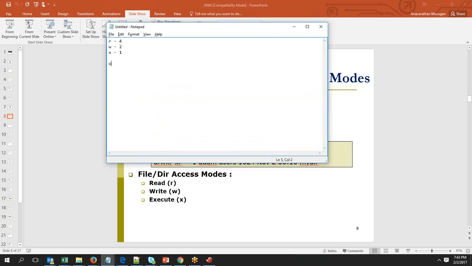So the first one is what we call the owner. The person who creates the file for the first time will be the owner of the file or directory. But at any point of time, we can change that also. But the file which has been created by a person will have that person as the default owner. Then